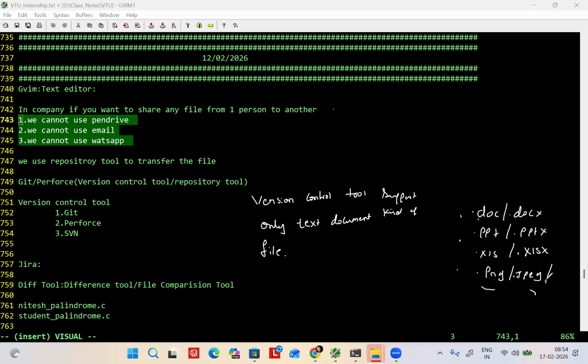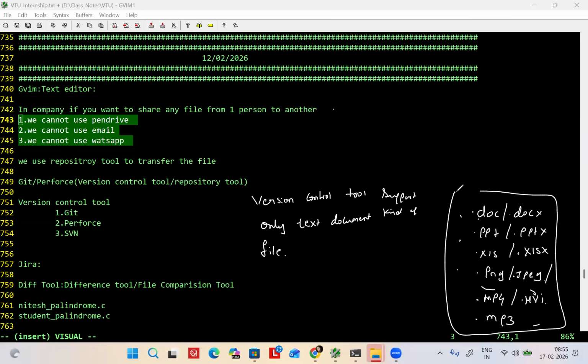Image kind of file. MP4, MVI. They are all which kind of file? Video format files. These are audio kind of files. Will Git support all this? Git or any version control tool won't support these file formats.